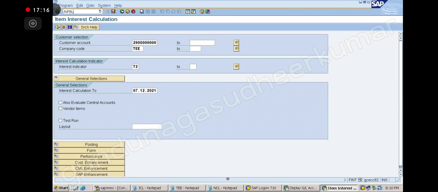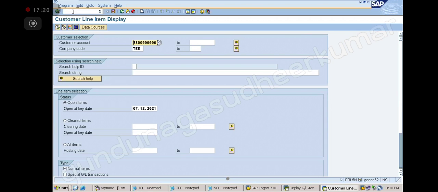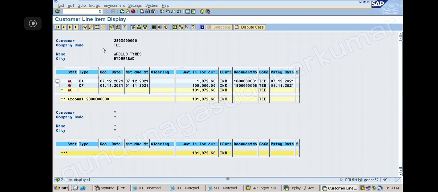You see now, slash and FBL5. So we added the interest to the customer item. 1 lakh item plus the interest we added today, total 1 lakh 1,920.